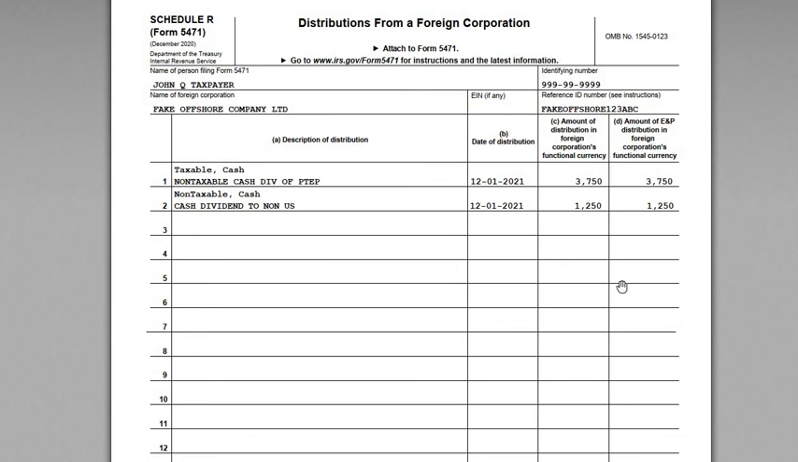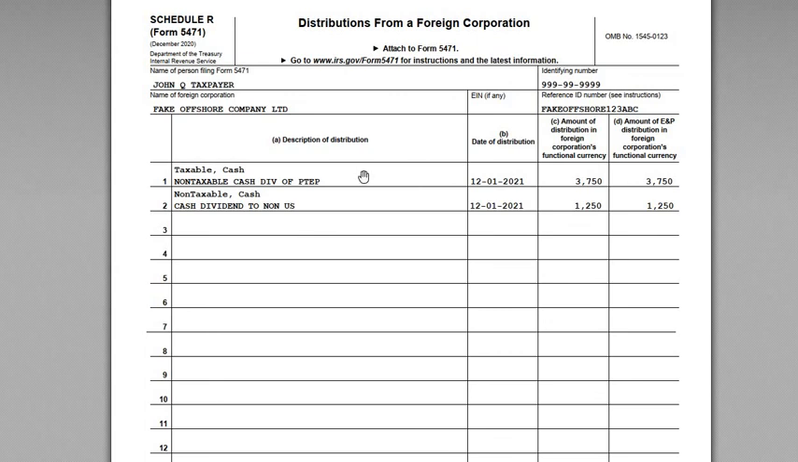Now, what's important about Schedule R is I've seen this prepared a number of ways where they only list the distributions to the person filing this form. I don't think that's entirely accurate. I think you should be listing all of the distributions that come out of the foreign corporation during the year, and just use separate line items to make it very clear